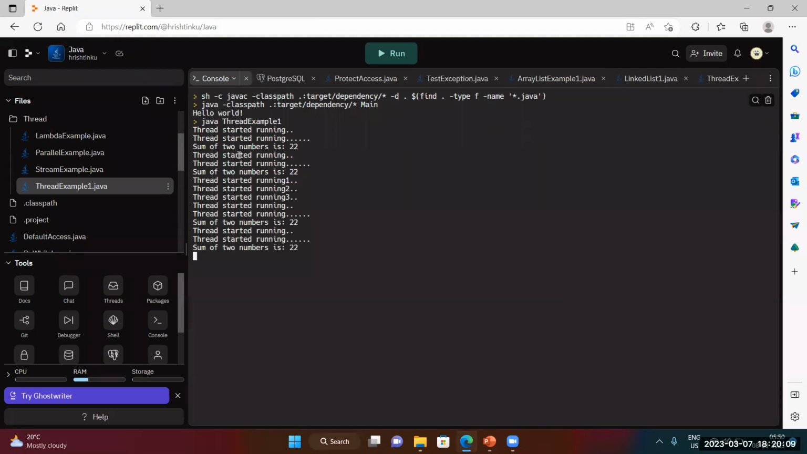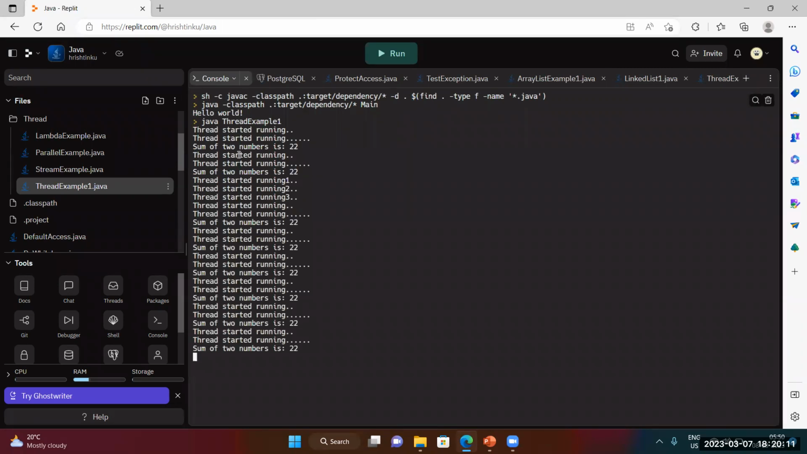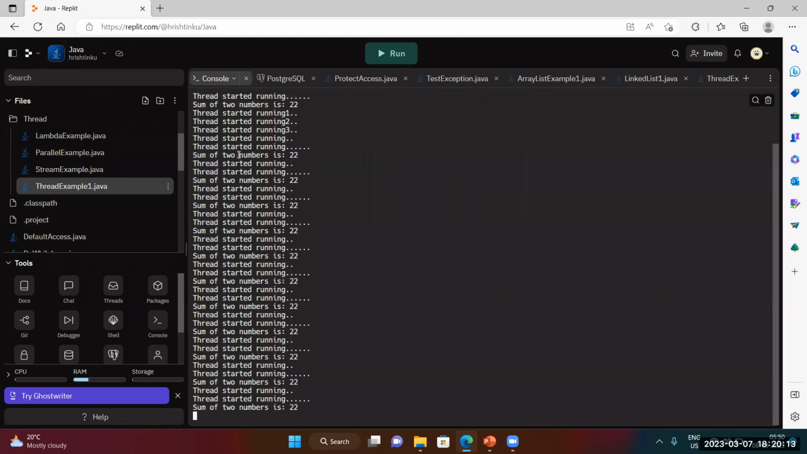See, it is just waiting for that 500 milliseconds, and it keeps on running that thread process again and again until we stop the container or we stop the server. This thread will keep on running. So where do we